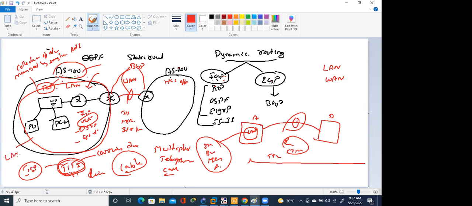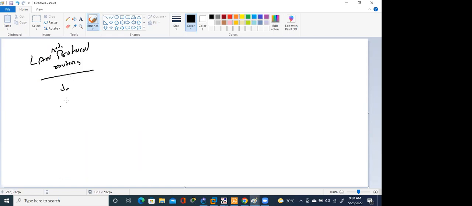This is your WAN. Now tell me, what are the LAN side routing protocols? EIGRP, OSPF, RIP, and WAN side protocols. BGP. Okay. See, inside the LAN, we have different protocols like EIGRP, OSPF, and